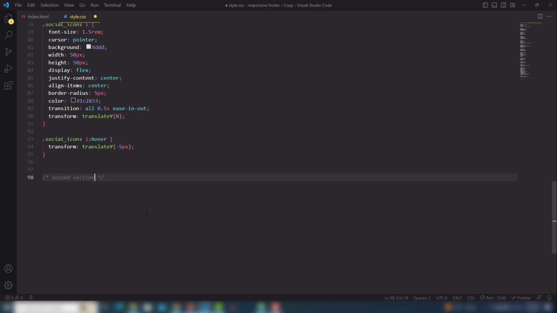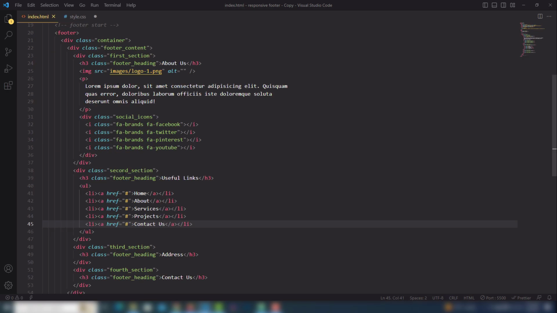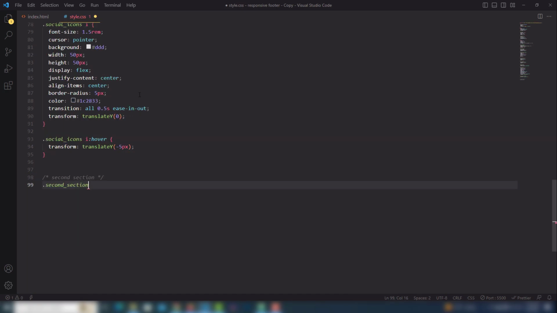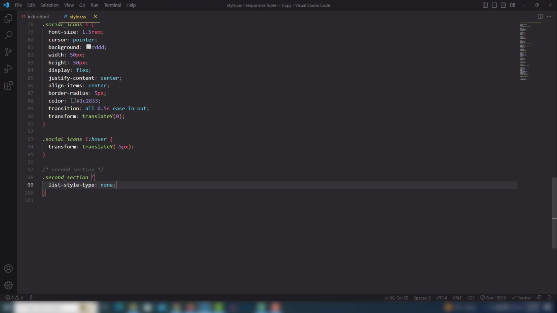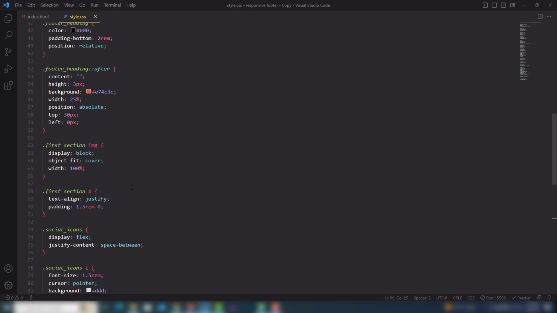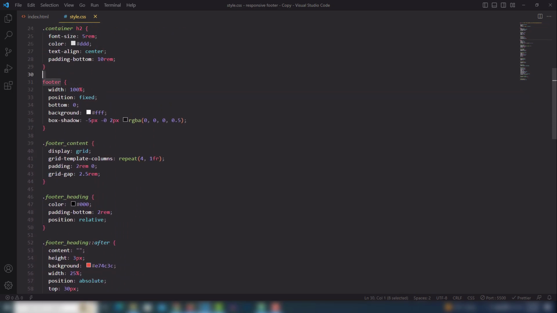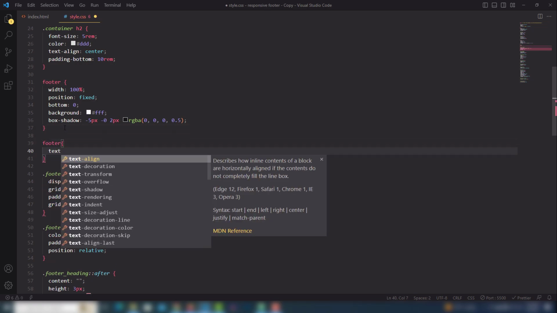Right, so in the next section we need to just remove the bullets. In the second section, first we're going to check the class name. Yeah, second section, and the second section has a list-style-type of none, means remove the bullets, save, and yeah, of the second section UL tag. Perfect. And also I will use the footer like this one, because text decoration